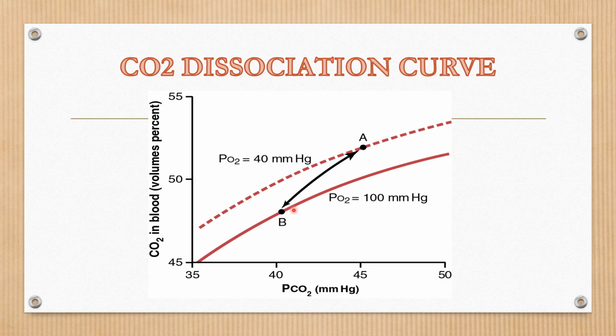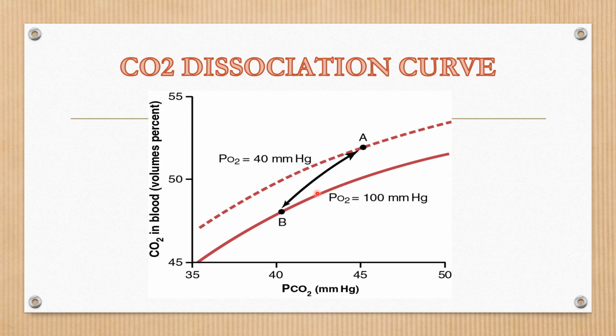There is only a narrow range where the dissociation curve operates, from here to here, and oxygen is the main important determinant of CO2 dissociation. The next factor which affects the curve is 2,3-DPG. DPG decreases the formation of carbaminohemoglobin because it competes with CO2 for the same site on hemoglobin. So it shifts the curve to the right. That means CO2 carrying capacity is decreased.